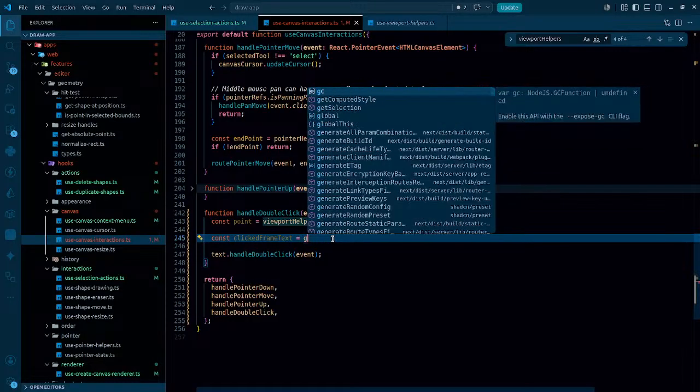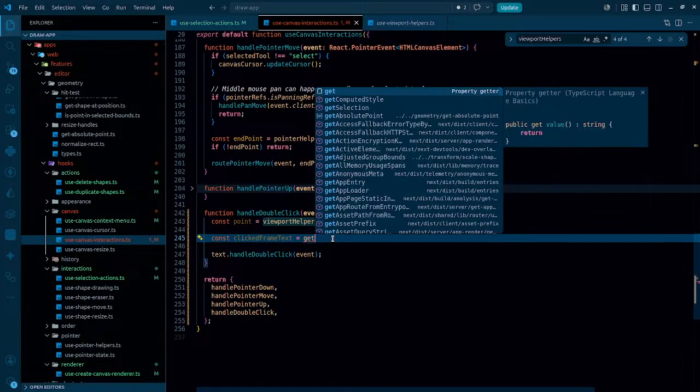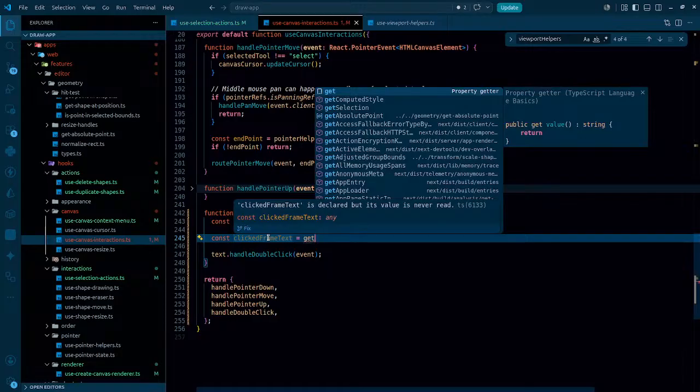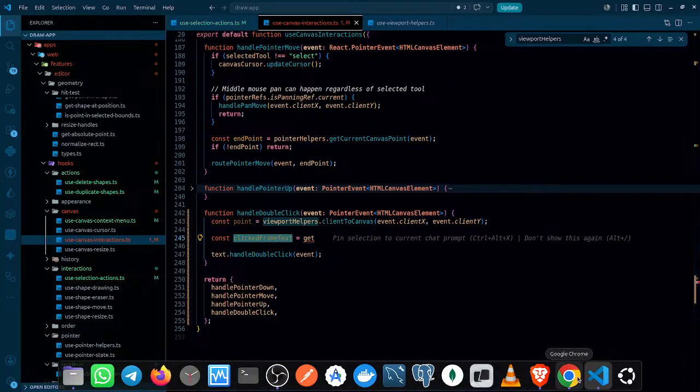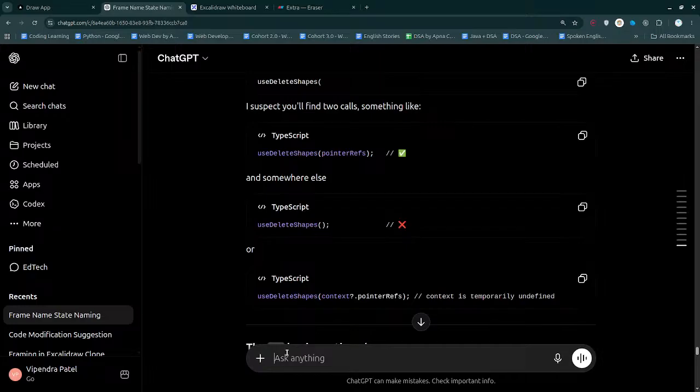So get, what should be the name of it? A function that is mainly used for checking whether we actually clicked on or not. Is it clicked? Let me take the help of this. Name of the function that checks if I clicked on the name of the frame